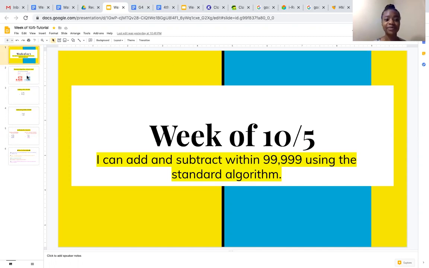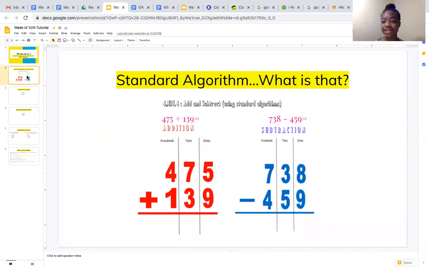Now, you may be wondering, what is the standard algorithm? Believe it or not, it is something that you have seen and that you are pretty comfortable with, even though the name is not common. The standard algorithm is really just the way in which we line up our numbers when we are adding and subtracting. So here, for example, we see